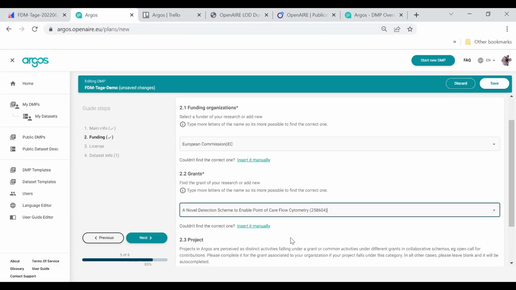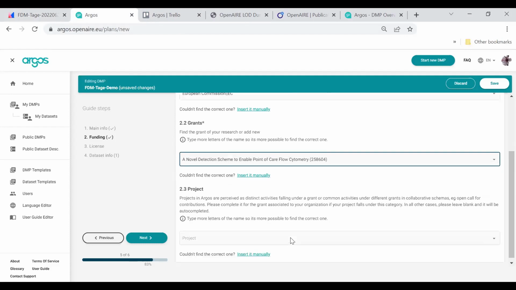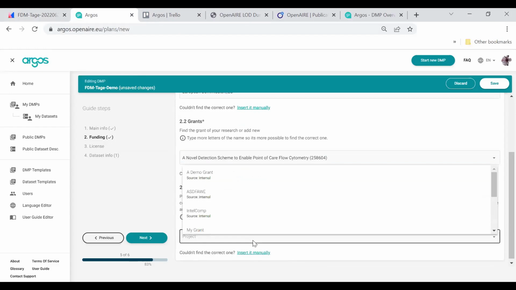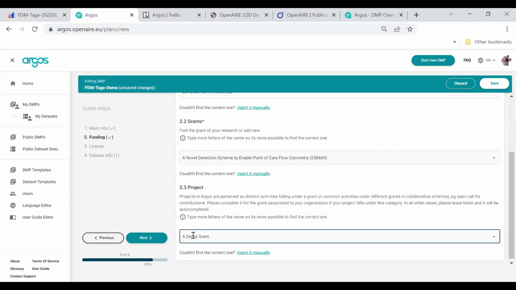Let's say that I want this. So search all the database with all different European Commission funded projects. A project is something, a distinct activity inside a project. So for example, if you have an open call that you want to specifically create a data management plan for, you can also write that this is an activity for an open call. Let's say that for now I'm going to